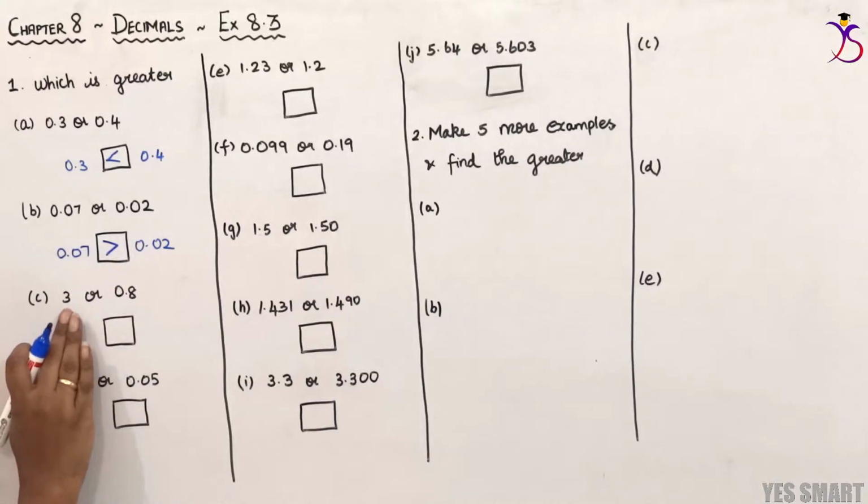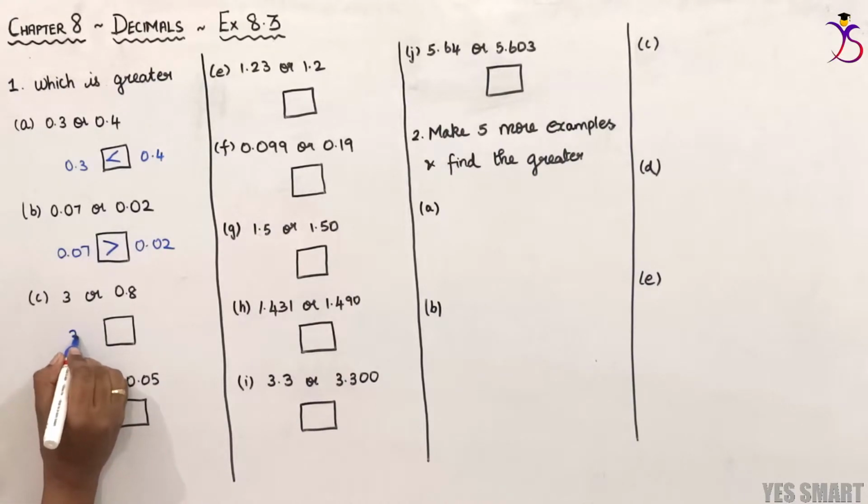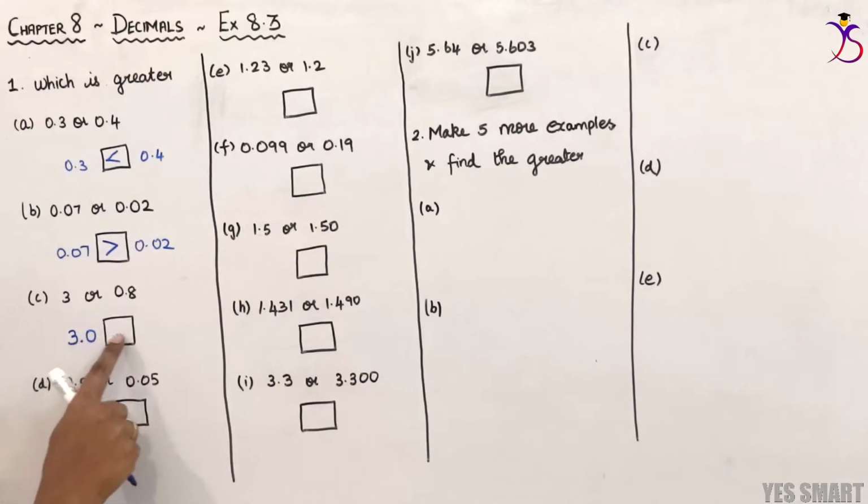Now third subdivision, 3 or 0.8. Here we don't have the decimal part at all, that is, they are not like decimals, therefore we have to convert the 3 to a like decimal of 0.8. In 0.8 we have one decimal digit. So we are supposed to introduce one decimal digit in the value 3. Therefore we will write 3.0. Zeros added after the decimal point don't change the value of the existing number because zeros after the decimal point